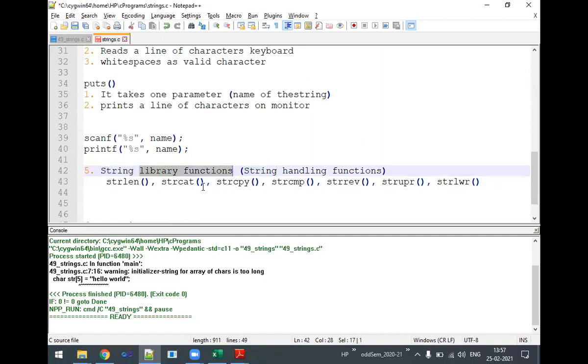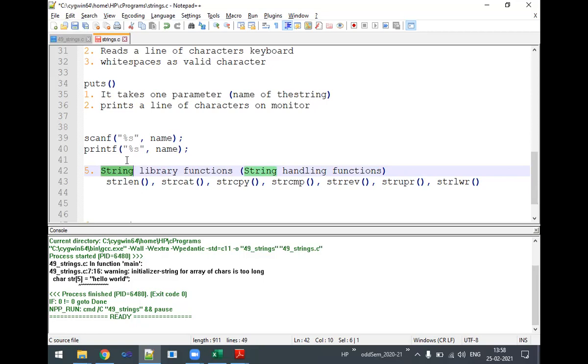Library functions means, where have you come across library functions previously? Mathematical functions are library functions, right? There are certain library functions for strings, which means we can manipulate the strings.